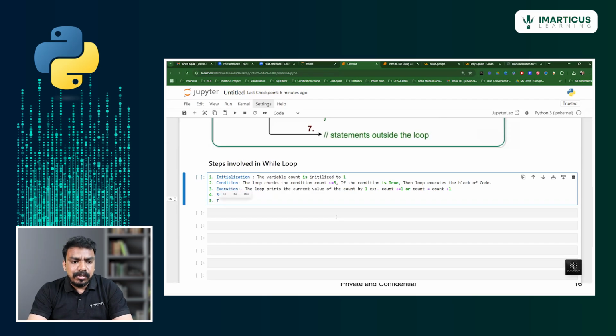So these are the 5 important steps to follow while creating loops. First you initialize, then you write a condition, then execution, then re-evaluation, and then you terminate the entire while loop. This is the procedure you follow while performing a while loop.